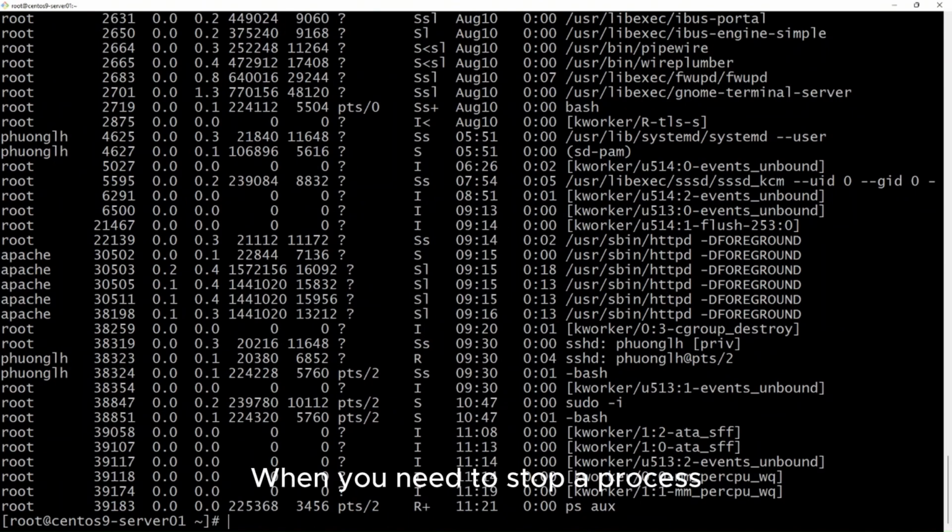When you need to stop a process forcefully, use kill with option -9 PID, where PID is the process ID number.